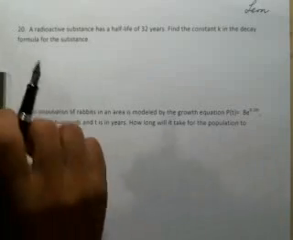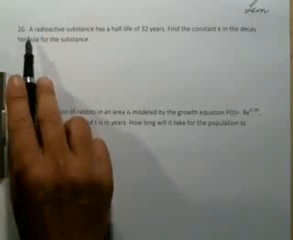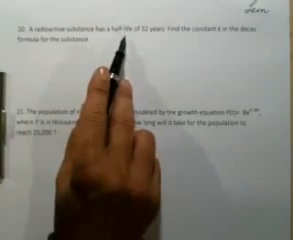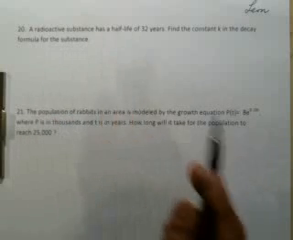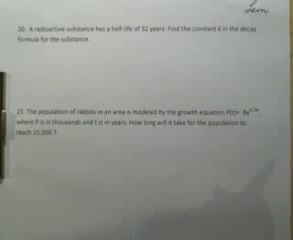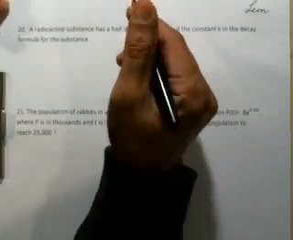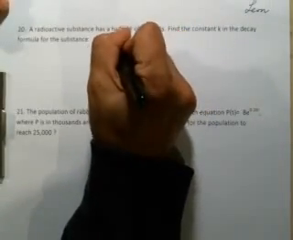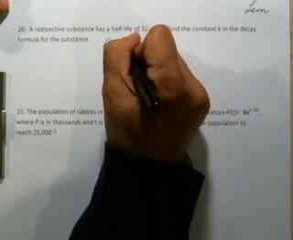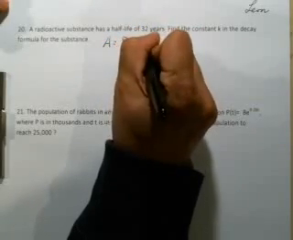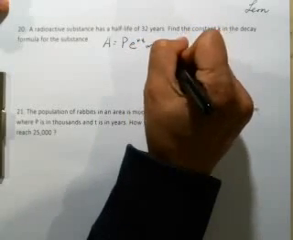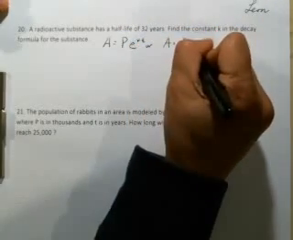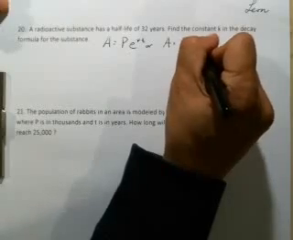I believe it's tomorrow. So it says on question number 20, a radioactive substance has a half-life of 32 years. Find the constant K in the decay formula for the substance. I don't have the formula with me, so I have to create my own formula. The formula is going to be A is equal to P times e to the R times T, or you can say A is equal to P times e to the K times T,